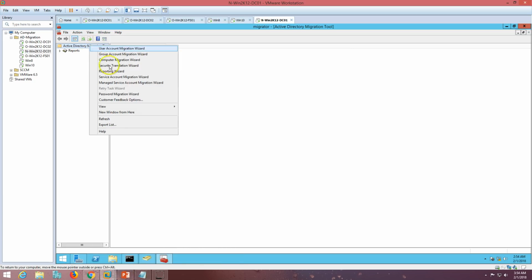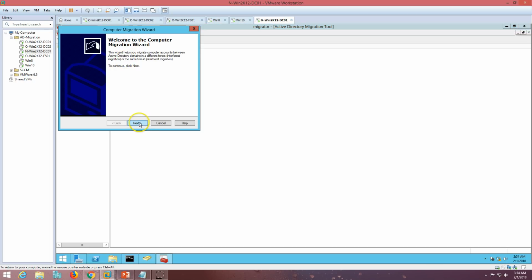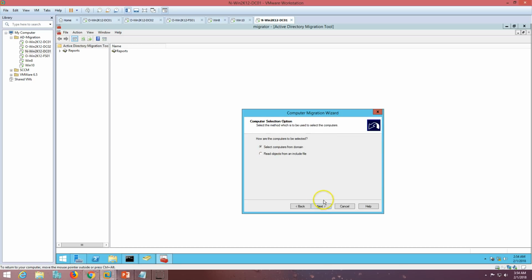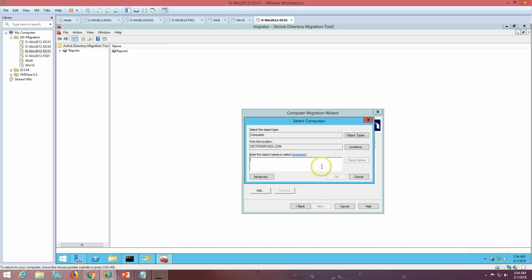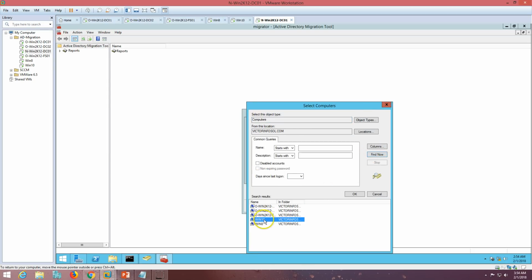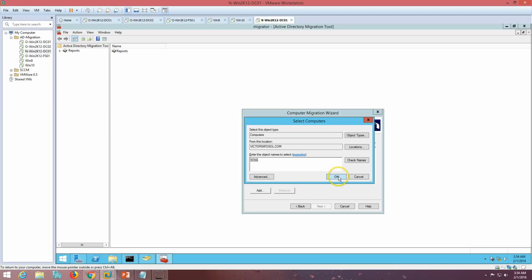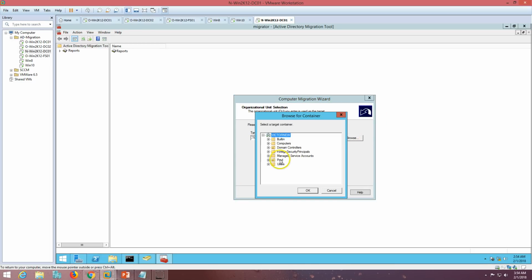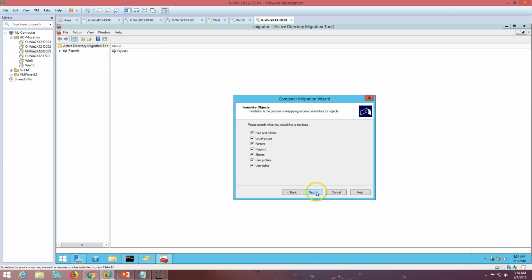So I'm going to do the computer account migration. Select here the computer migration wizard, click next, and you need to select this, and then select computer from a domain. So we can go and find the object Windows 8 machine, click OK, click next, and the target OU we need to select in the new domain. So I'm going to put in workstations, click next, and what you want to do for security translation, so click next,